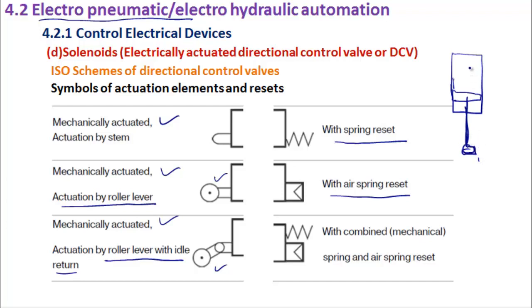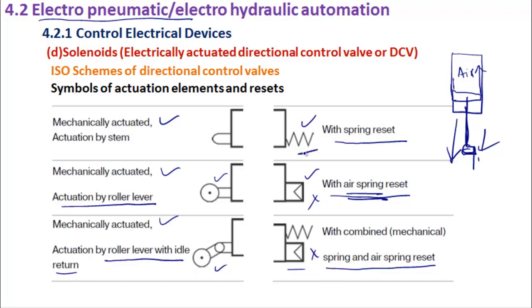I push, there is air here. Okay, there is air here. Now if I push, then this air will get compressed, isn't it? It's just like when you are operating a hand pump. When you push this, the air gets compressed. When you release the force here, this will come back. That is basically what is called an air spring. So an air spring is basically drawn like this. This is a normal spring, a physical spring. This is an air spring. When you are having both the mechanical spring as well as the air spring, you will draw like this. Generally, the air spring is not drawn.